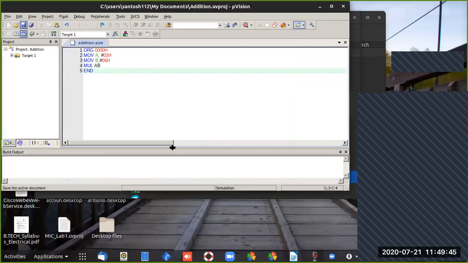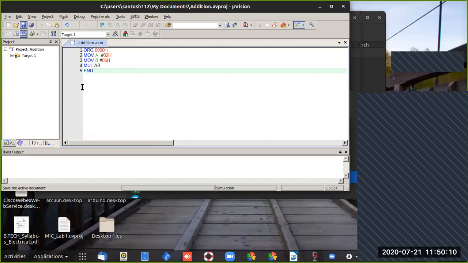So my assembly code is created. What does this program do? It performs the addition of two numbers stored in register A and register B. Whatever the content of register A, that is 2, is loaded in. What should be the predicted answer of this program? It is naturally 12. So see how this controller does.